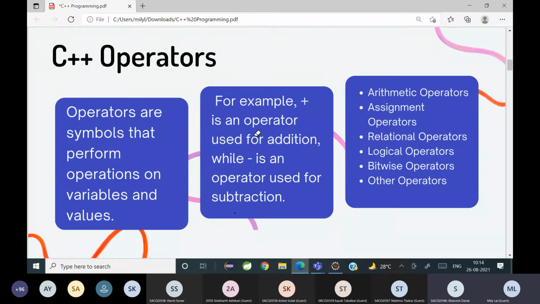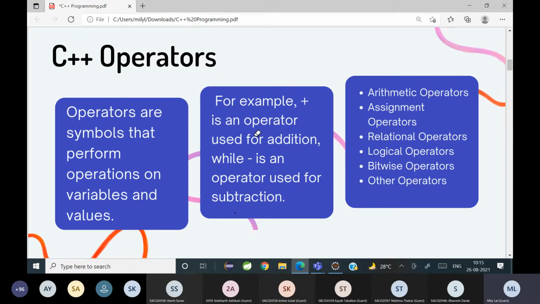So operations are performed on variables. And when I say numbers, say 10 plus 100, those are values. Or you can also use A plus 10.